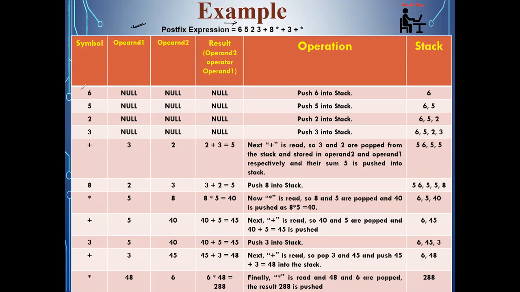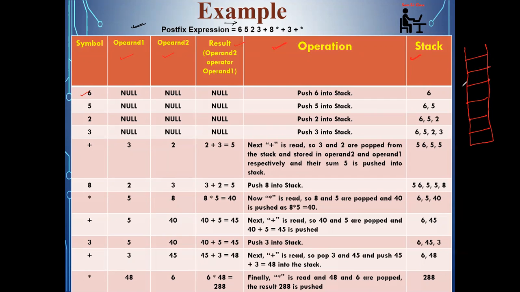So first symbol you are encountering, that is 6. Okay, so we are having multiple number of properties here: operand 1, operand 2. Then you are finding the result by using some formula. Then I have given you the description what the operations we are doing, and finally you are using the concept of stack to evaluate the expression or to find the result. Okay, so I am just preparing one stack here where we'll keep the value and step by step all the